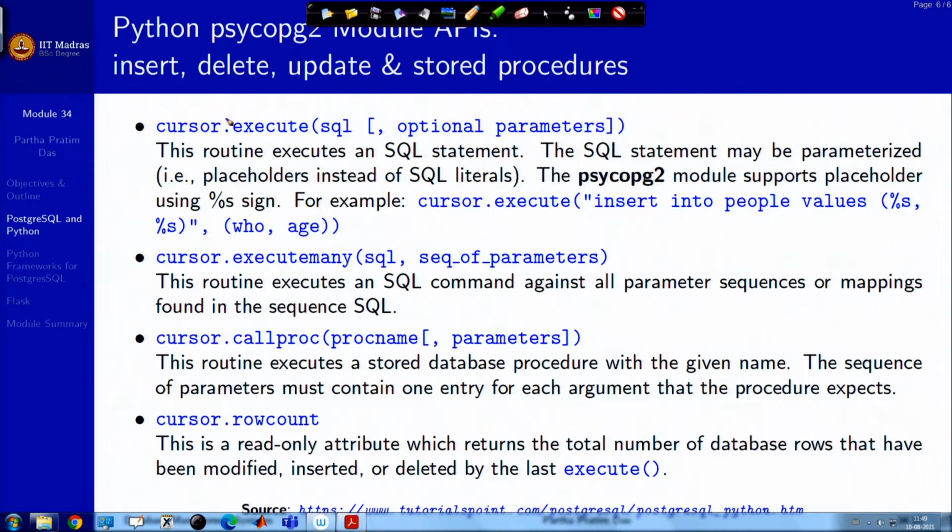So, on the cursor you do the method execute, and this will execute an SQL statement which may be parameterized by several placeholders. So, it supports C's printf kind of formatting. This is an example where this is your SQL command string, and your parameters are insert these two values, you have put as percentage, and you can pass these values specifically as the optional parameters as given here. So, this is the general structure of the SQL execute. You can actually execute a number of SQL commands against all parameter sequences or mappings that are found in the sequence. So, you can do a bundle of SQL sequence also,